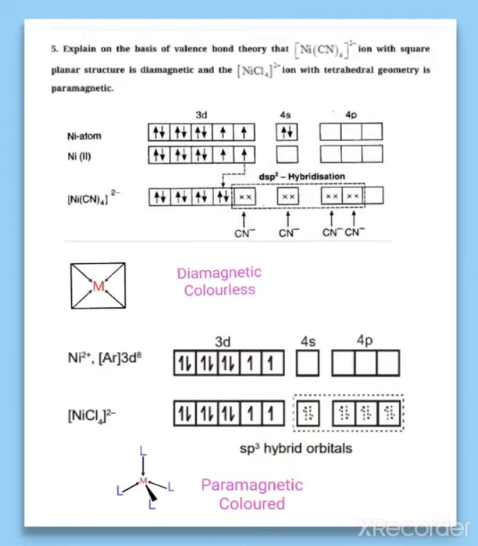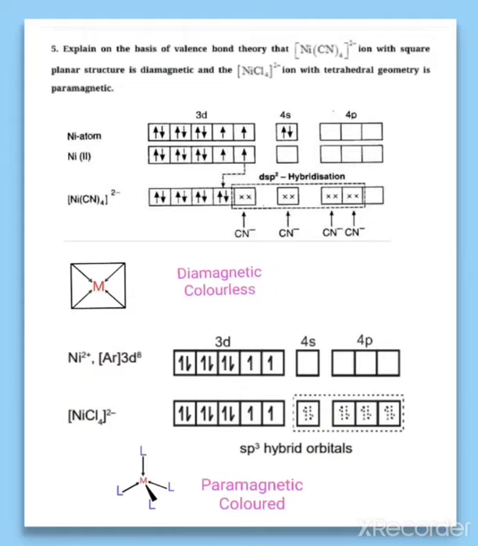And on the basis of this hybridization, we can explain that it is paramagnetic. Why? Because 2 unpaired electrons are present in it. That is, it is paramagnetic and it is colored. That is due to the excitation of an unpaired electron to the upper d orbital, so a d-d transition is involved. So on the basis of hybridization, we can explain the geometry, its magnetic behavior and its coloration.